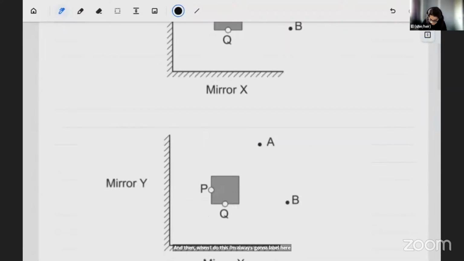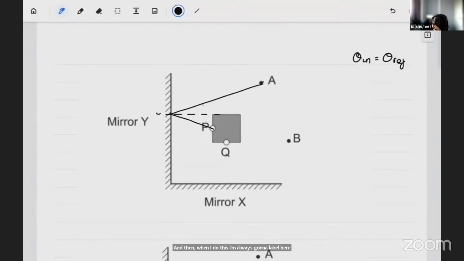I'm just going to label here that this is theta and that this is the same theta. So if my diagram isn't to scale or isn't looking great, I've made it clear to whoever's looking at my work that the two thetas are equal because the angle of incidence equals the angle of reflection. And then the next part of that asks us to sketch,